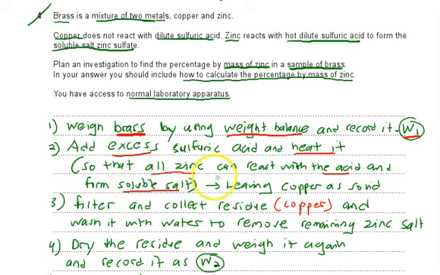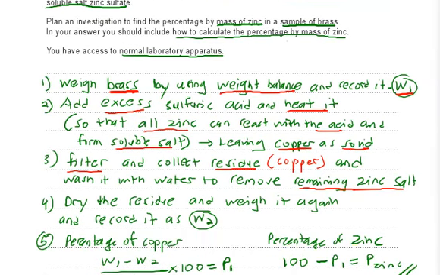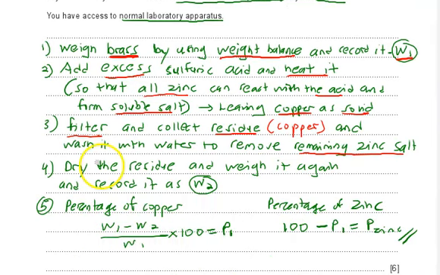So now all the zinc will become soluble, leaving the copper as a solid. So now we filter it and collect the residue, which is the copper, and wash it with water to remove the remaining zinc salt. Then we dry the residue and weigh it again